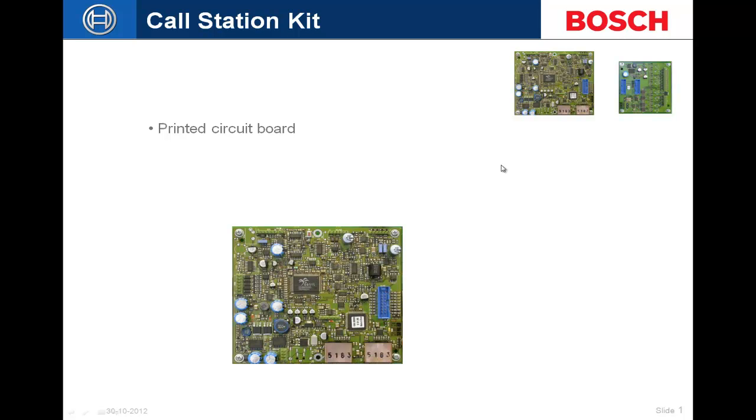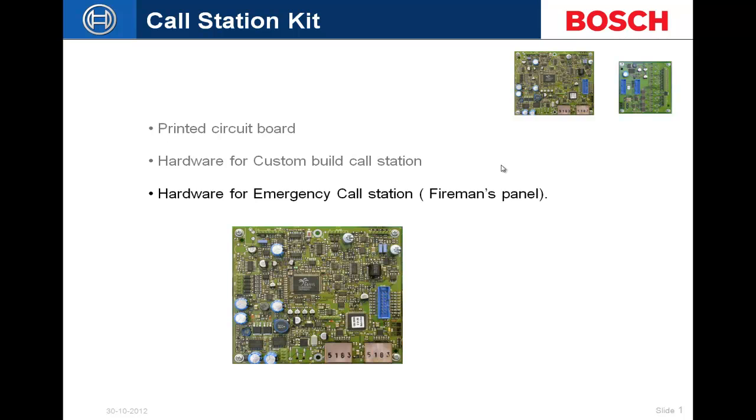Call station kit is a printed circuit board that can be used as a paging station, essentially giving you the ability to make a custom call station. If somebody was looking for a fireman's panel or maybe a wall-mounted or desk-mounted call station, what we can do is actually run fiber to one of these call stations, or even a Cat5 with the remote call station kit, and be able to